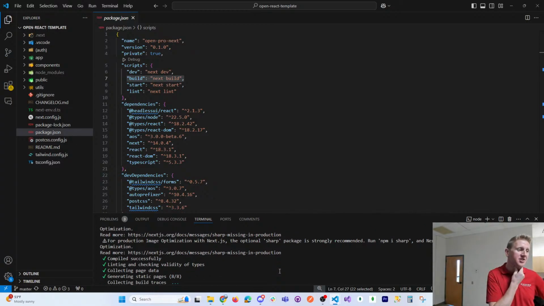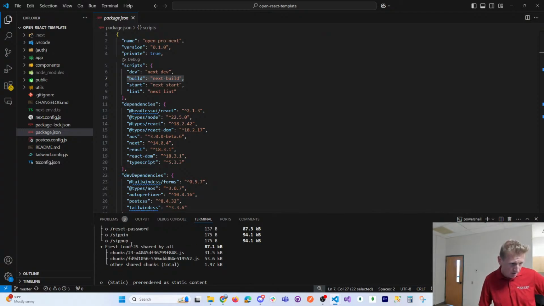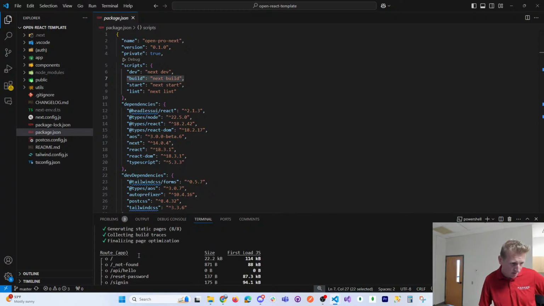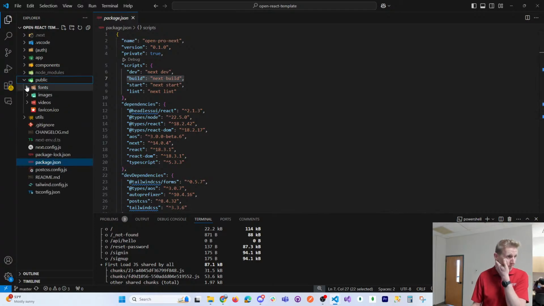Generating static pages. Maybe this is where it gets a little different, because in a React app there is a dist folder. So where then does the static, oh, public, yeah, public,